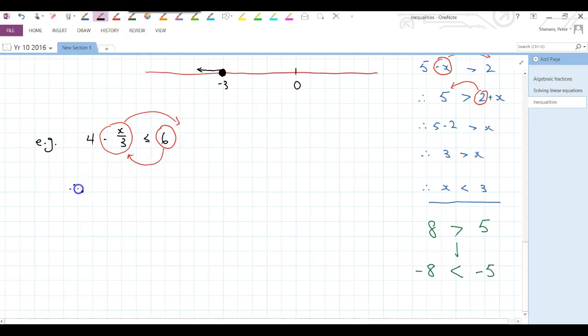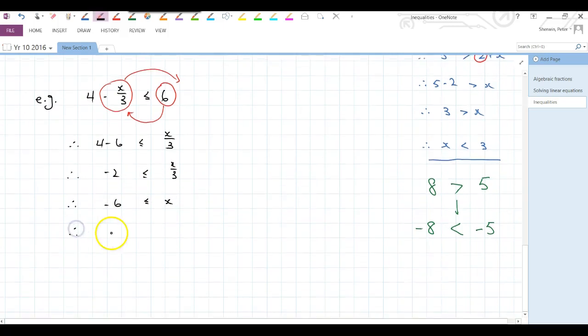So on the left hand side I've got 4, he hasn't moved. 6 has come across from the other side, so he's now minus 6. And on this side I've got x over 3 positive because it was minus, he's travelled over to the other side. 4 minus 6 is minus 2. X over 3 stays there. How do we get rid of x over 3? We multiply both sides by 3, don't we? So I end up with minus 6 is less than or equal to x, or x is greater than or equal to minus 6. And on the number line,